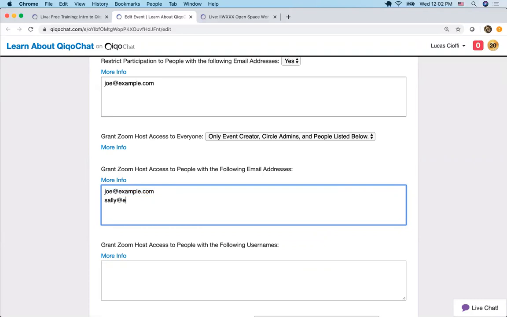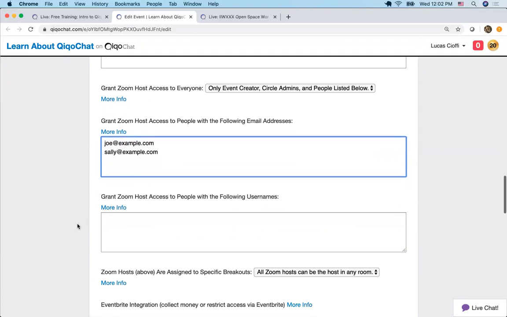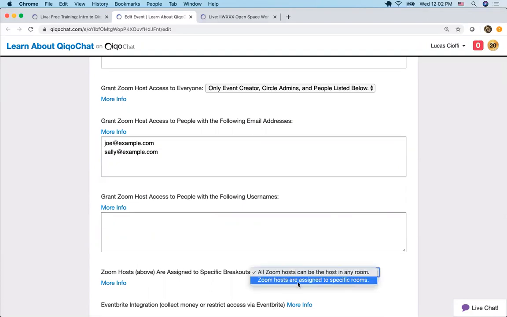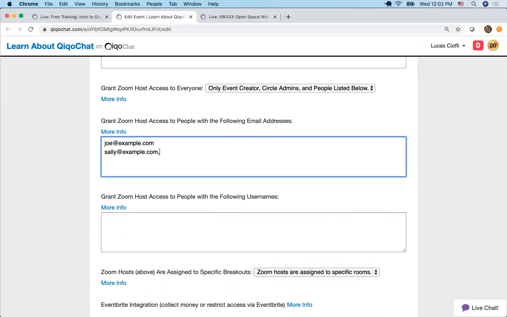This is for all the breakouts. That is the next question right here. Are they pre-assigned to specific breakouts? So all Zoom hosts can be the host in any room. That's the default, or you could say Zoom hosts are assigned to specific rooms. And if you choose this one, specific rooms, then you'd put,